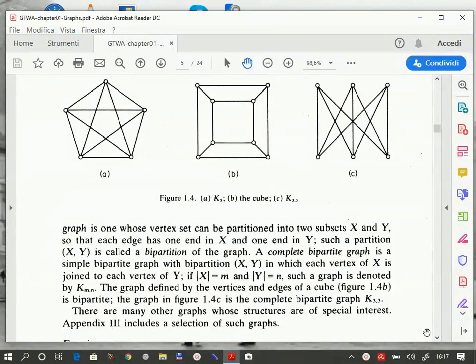The important thing is that you can take the vertex set and subdivide it into families, let's say, okay? Family A and family B, so that each edge connects one of family A with one of family B. Otherwise said, no edge connects together two of family A, no edge connects two of family B. We can see, for instance, the graph on the right, which is called K33,